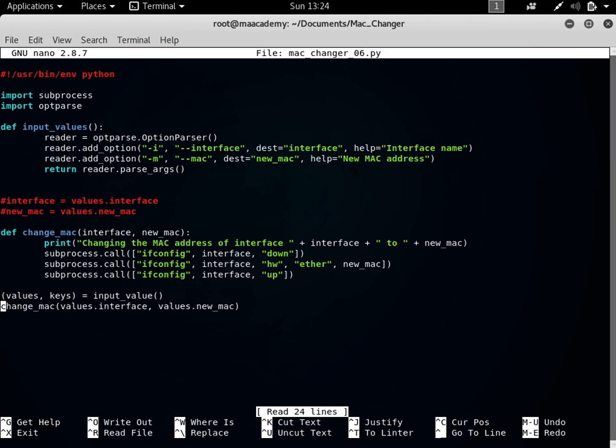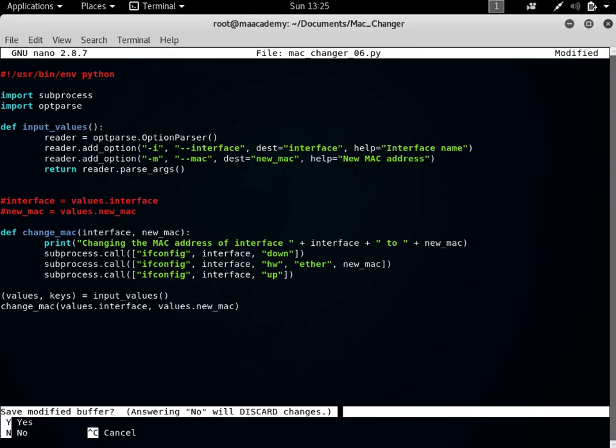So we are saying values and then keys, and we are saying it is equal to input value, and after that we are saying change underscore Mac values dot interface and values dot new Mac. So what's the problem? Input underscore values. The problem in here is that it's value, not values. Sorry, it's values, not value. So if we run it again,